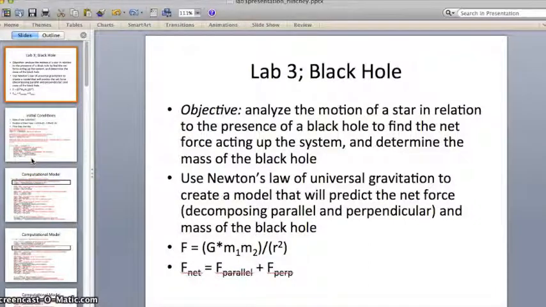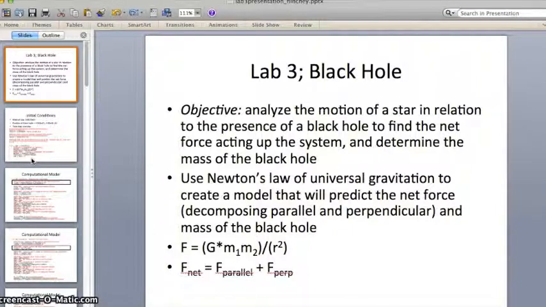The objective of this lab is to analyze the motion of a star using the data points provided in the CSV file and to calculate the net force acting upon the star from a black hole at a given position. The calculations of the computational model occur under the assumption that the only force acting upon the star is that from the black hole. The calculations are determined using the physics principles laid out in the law of universal gravitation